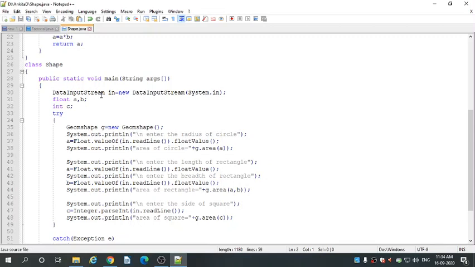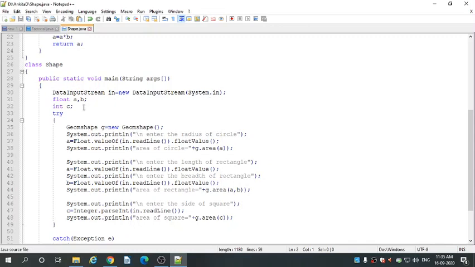By default, the standard input device is your console. It helps to read the input from the console. Okay. So we have used here DataInputStream in equal to new DataInputStream, which helps to read input from your system. So we have passed System.in in the bracket. It reads data from the system.